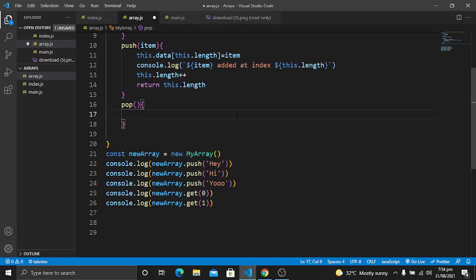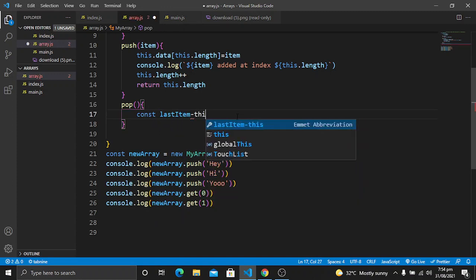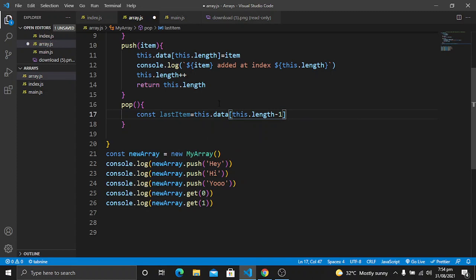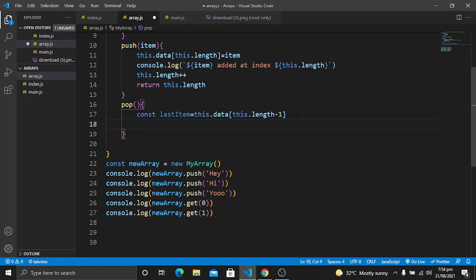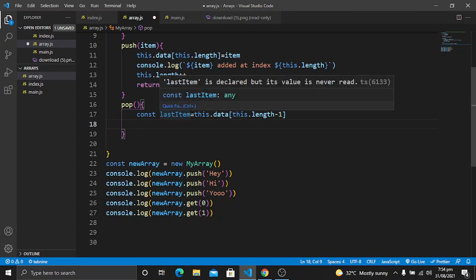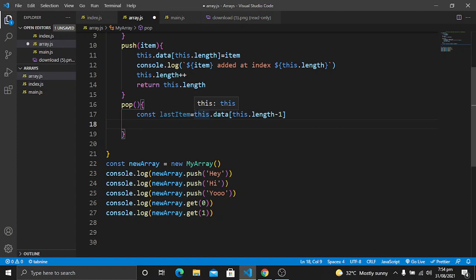So first of all, let's access the last item. The last item is going to be this, oops, not a minus, it will be equal. So it will be this.data[this.length - 1], which means we can access the last item, and we have stored this last item in this variable which has the name of lastItem.